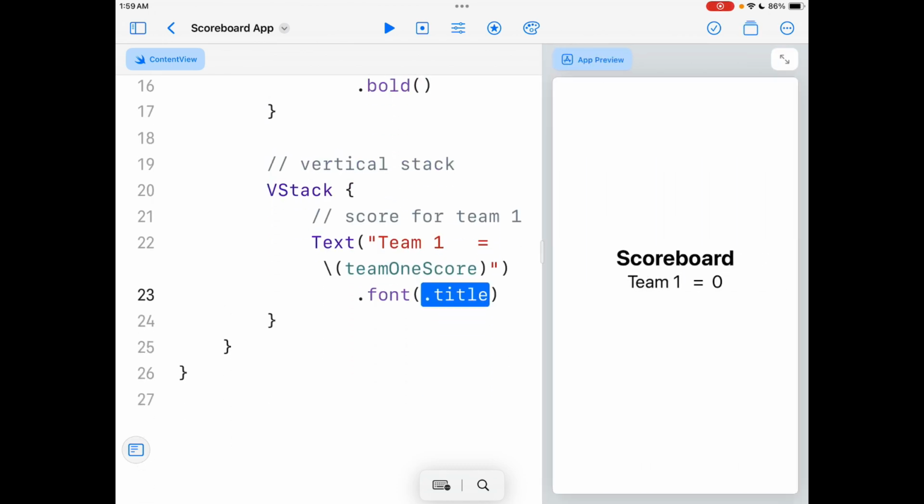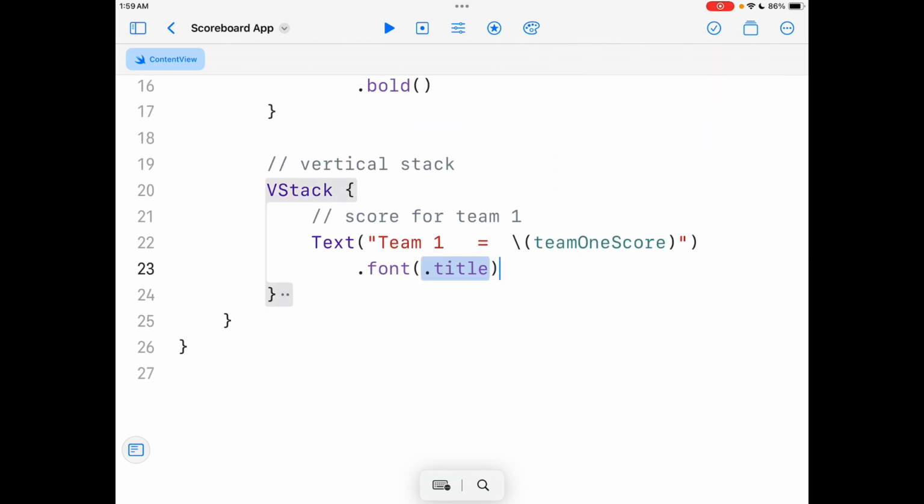Let's open the app preview again and look at that. That looks pretty good. I like that size. It looks good there on the screen. Looks kind of nice. A lot easier to see now that it's larger. All right, awesome. I'm going to tap behind that parenthesis there at the end of line 23, and I'm going